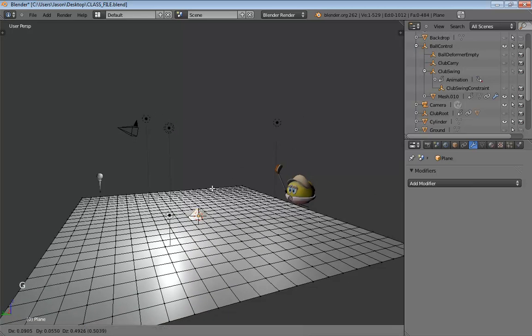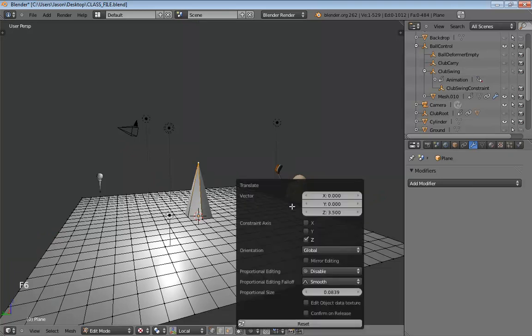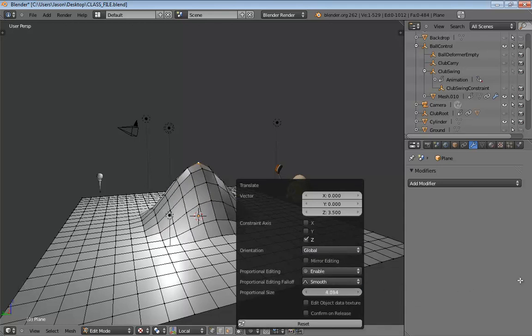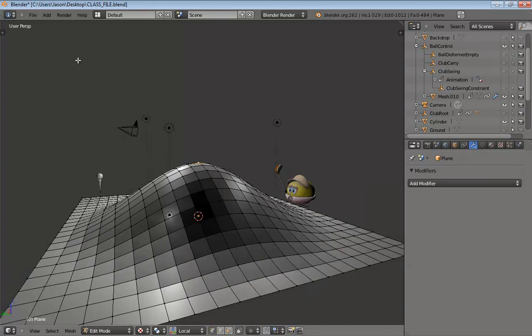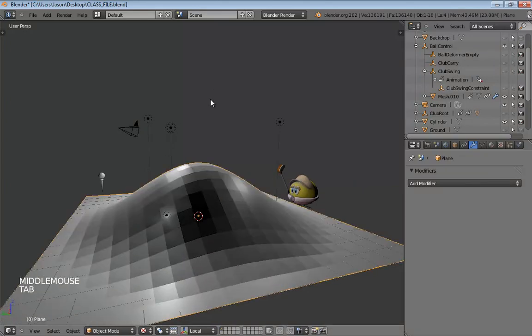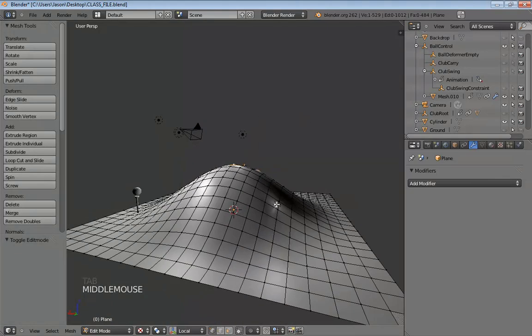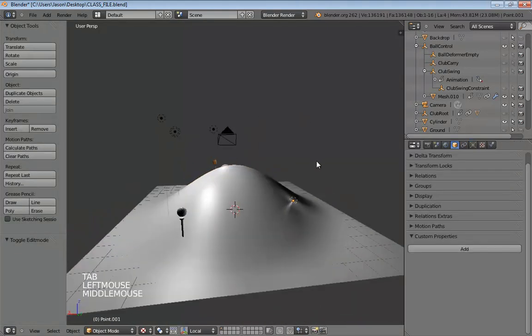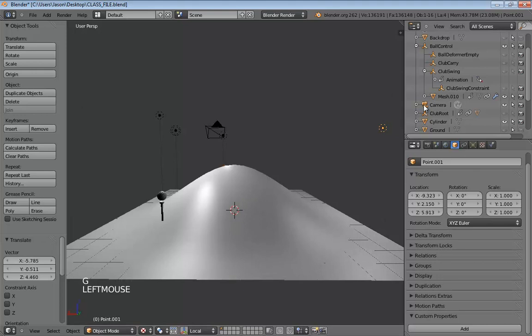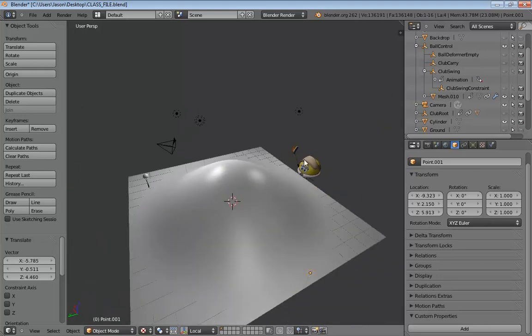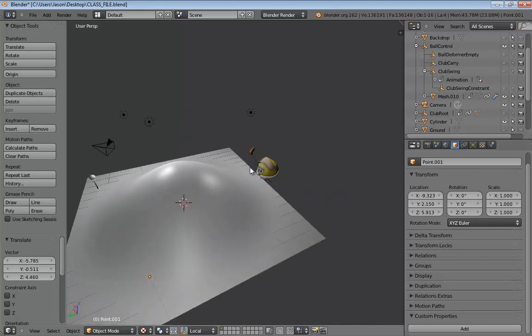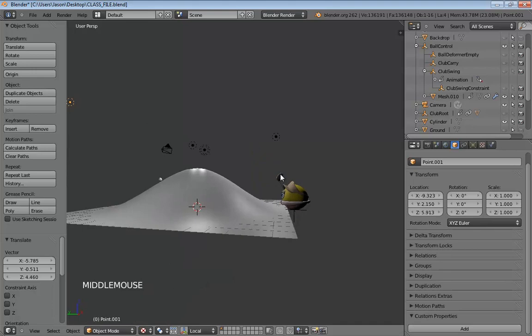Anyway, let's hit G, and we'll move this up, and let's say 3.5, I believe was the magic number I gave everybody. And we'll hit F6, and we'll turn on proportional editing, and just increase that proportional size, and we have Insta-Hill. Get out of here, hit the T key, smooth that out, and we're pretty much all set. Though I do kind of want to clean up some of these light positions, because when you have lights really close to the ground like that, it looks terrible. Okay, so now we've got our hill, and we are ready to animate.